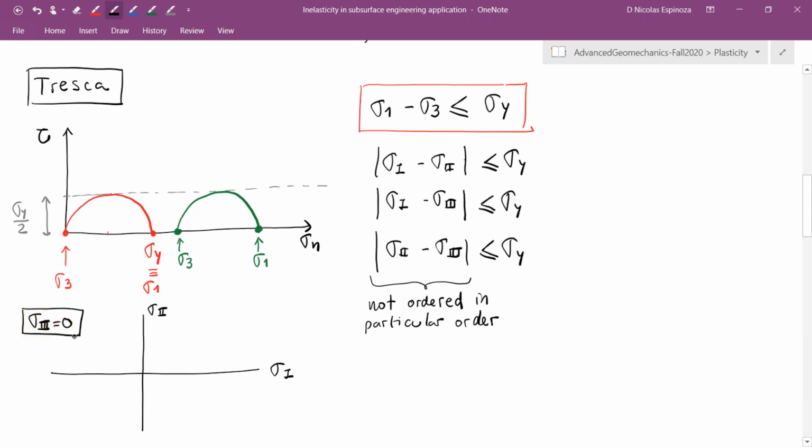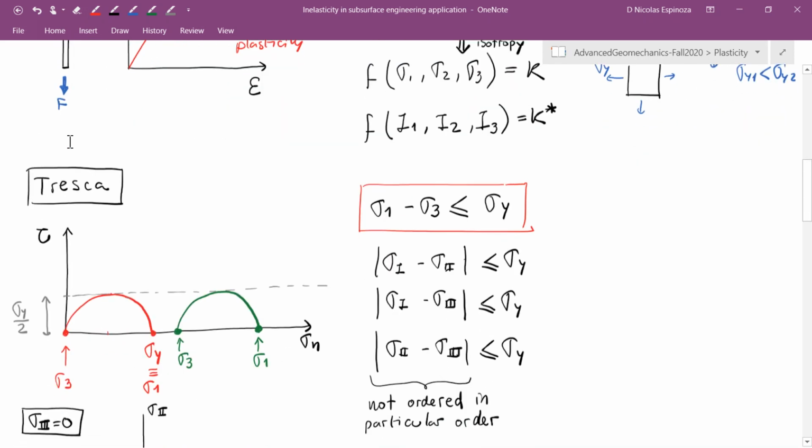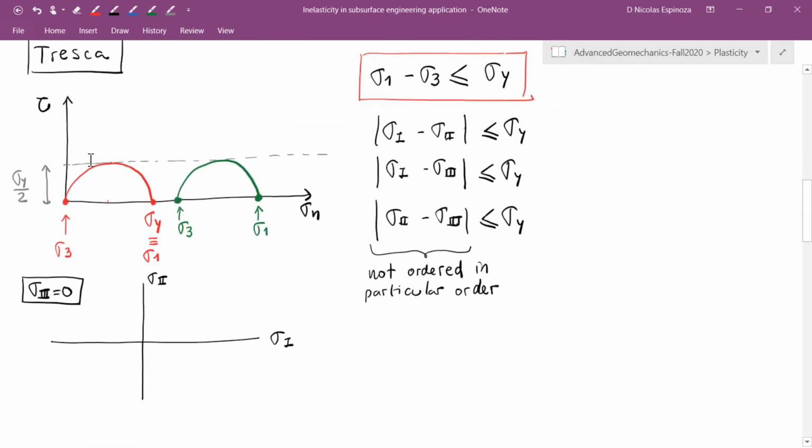Basically, in this case, what I'm doing is I'm just exploring what are the possible values of sigma 1 and sigma 2 Roman given the condition of sigma 3 Roman equal to 0. Okay, so if sigma 3 is equal to 0, and for example sigma 2 is equal to 0, and I start increasing sigma 1, this is going to be the pulling experiment in one dimension that I had before. And the maximum value for that is going to be sigma y,